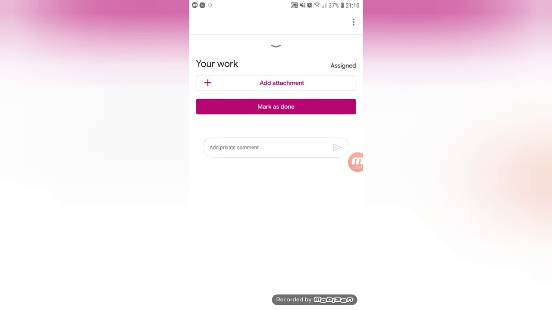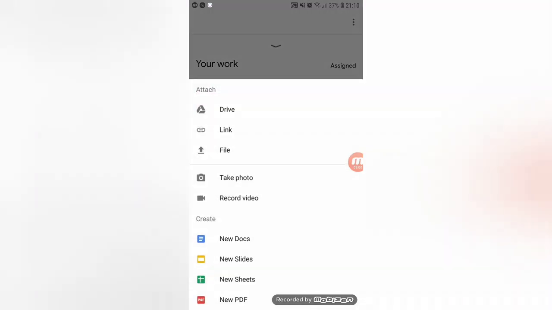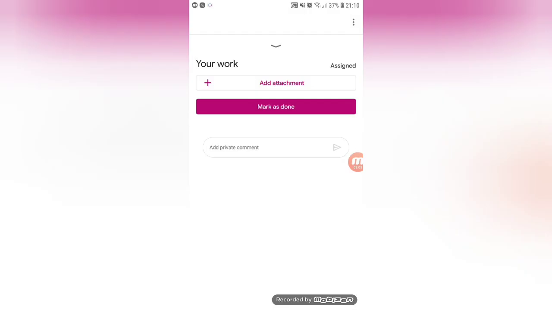So I have shown you one way, that is you will click on add attachment and you can add it from file, link, drive. I will show you the other way in which I have prepared the PDF of the answers that I have written, and I will be attaching it here. I have done so with a scanner.